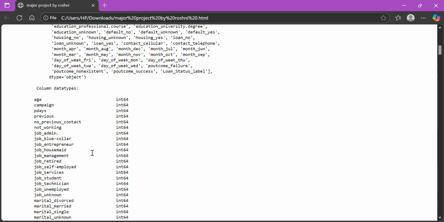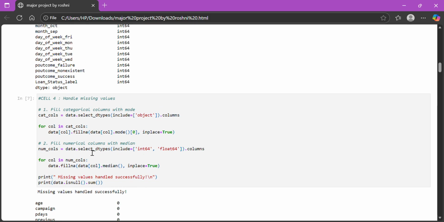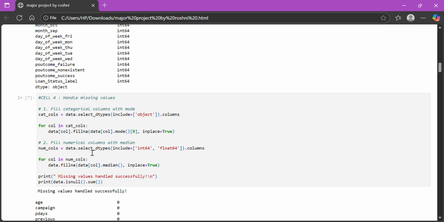Then cell 4, handle missing values. In this cell, I handle missing values. For categorical columns, I fill missing values using the mode, which means the most common value. For numerical columns, I use the median. After this, my dataset had zero missing